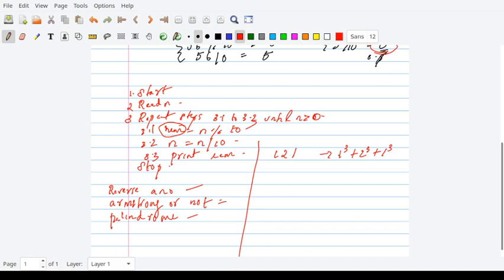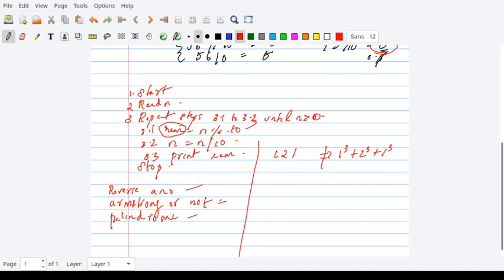If these are equal, then it is an Armstrong number. But 121 is not equal to 1 cube plus 2 cube plus 1 cube, so it is not an Armstrong number.